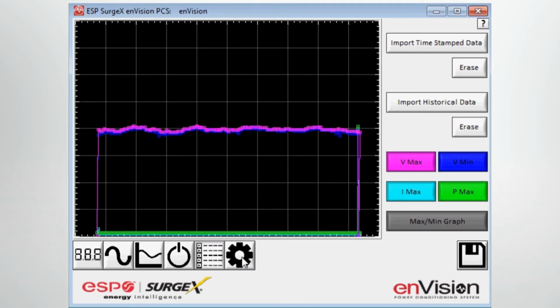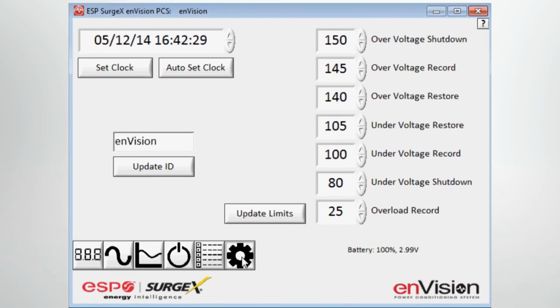Moving on to the last tab, the Settings tab. This is where you gain access to the setup of your enVision PCS. And basically you can set the clock, you can auto set the clock based on the time and date of your PC or laptop once connected. You can name the unit with a particular serial number or with a particular name based on what you're connected to. And then on the right hand side you have the ability to change the factory settings